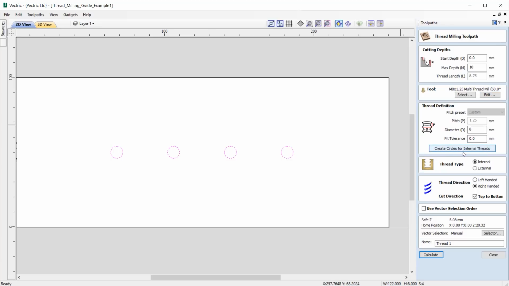Next up in the form, we have create circles for internal threads. Now typically you want to machine out the hole before we thread it, and if we use this option, then the software will create circle vectors that we can then use to pocket out material, where it does all the hard work for us, working out what is the best offset for us to create the vectors for the pocket toolpath to machine that material away, so then we can go in safely with the threaded tool to machine the threaded part away. So when I click on this, you'll see that with our vectors that were currently selected, we now have a series of offset vectors